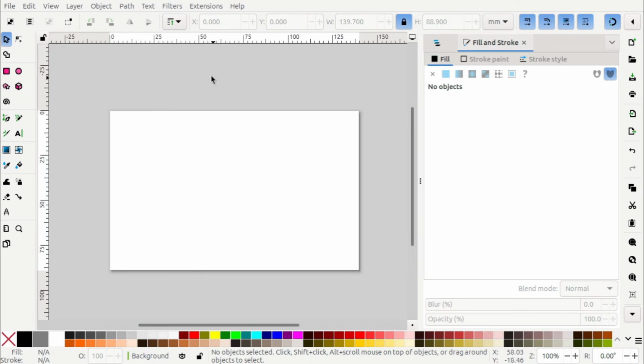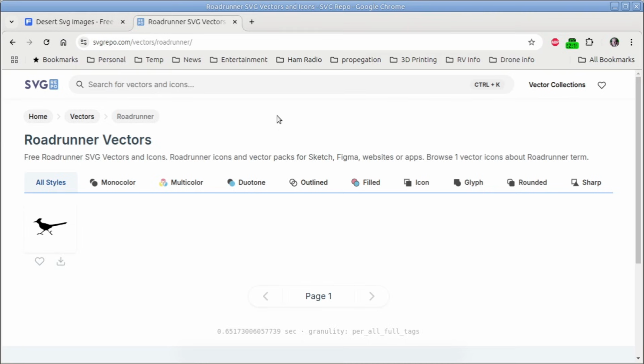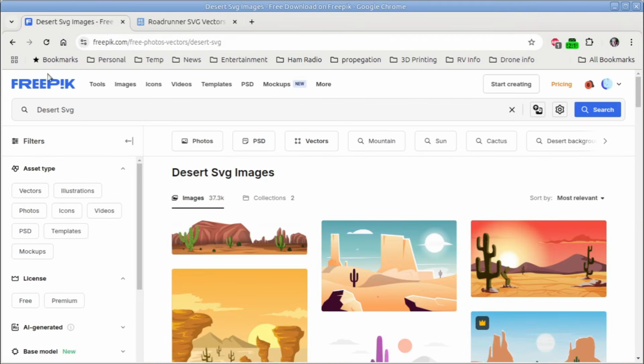Okay, so we've got our white background. What shall we do next? Well, let's make an image for our background. Now, there are several web resources. I'm living in Arizona right now, so I went to Freepik,